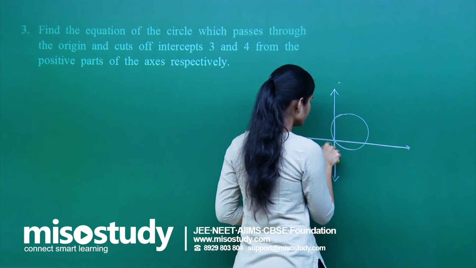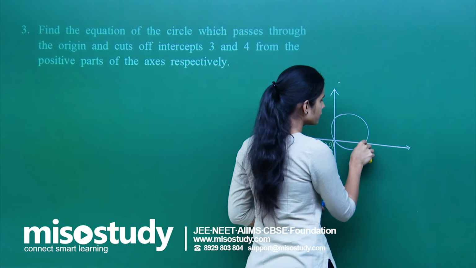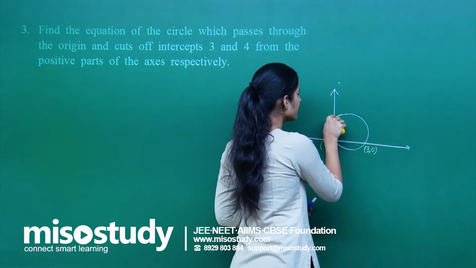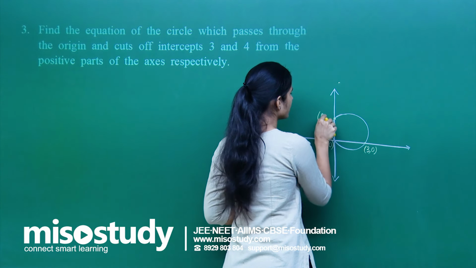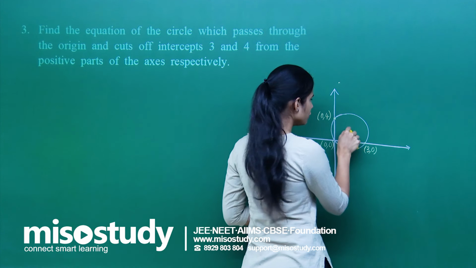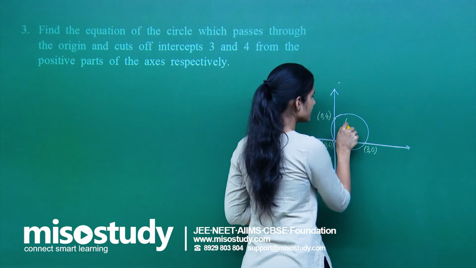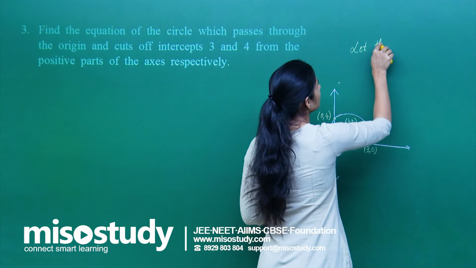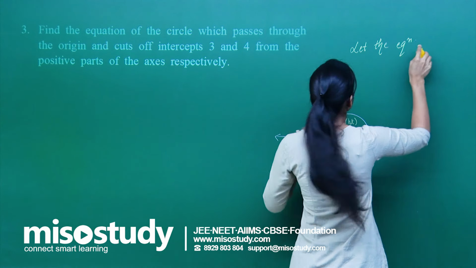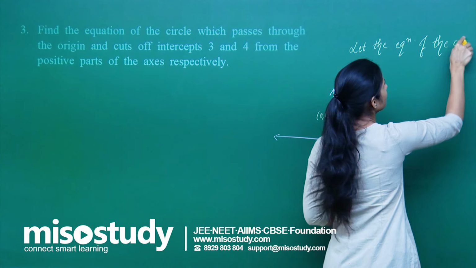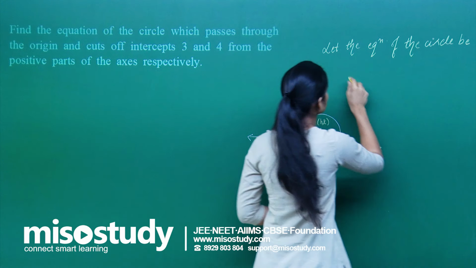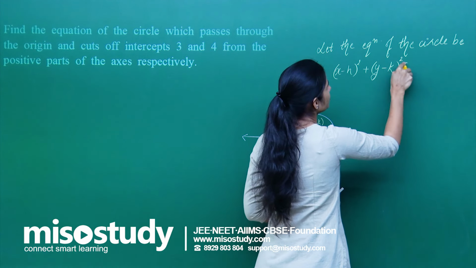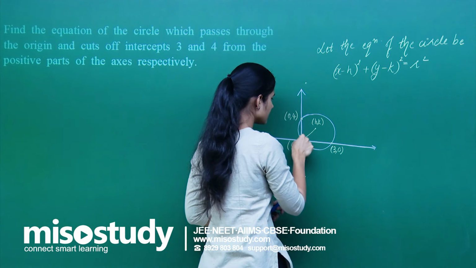Now this is the origin. It is cutting off an intercept of 3 units on the positive x-axis. This point is 3 comma 0. It is cutting off an intercept of 4 units on the y-axis. So this point is 0 comma 4. I need to find the equation of this circle. This is my center. Say the center has coordinates h comma k. Let the equation of the circle be x minus h whole square plus y minus k whole square equals r square, where this distance is r,